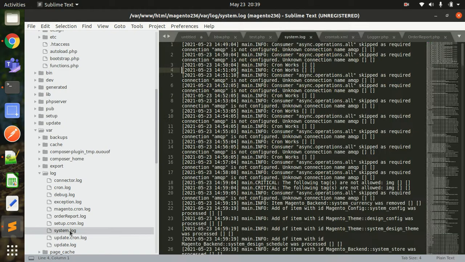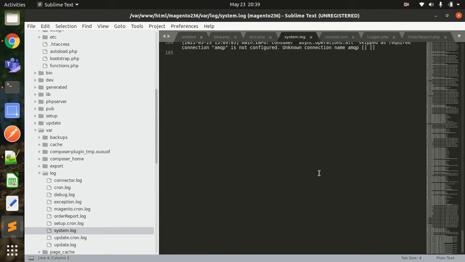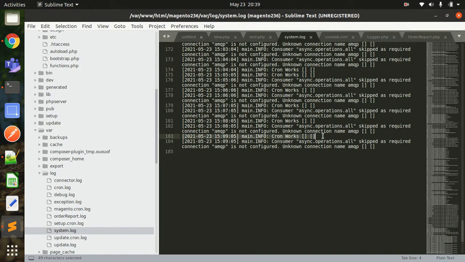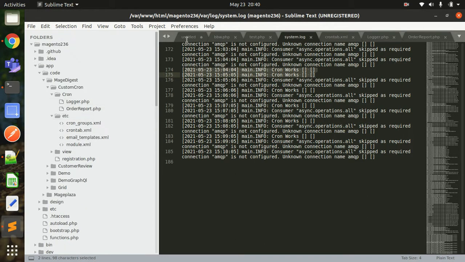So you can see so many entries I have printed over here. If I scroll down, this is the last cronworks, at 15:09:05. This is the UTC time. This is another one, 15:08, and see 15:07. That means it is occurring every minute. Now see over here, 15:04 and 15:05, which means this particular file is getting executed every minute. This is basically how you can do it, and the logs will be printed.